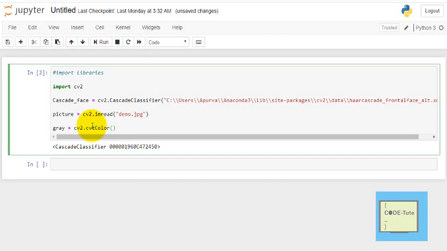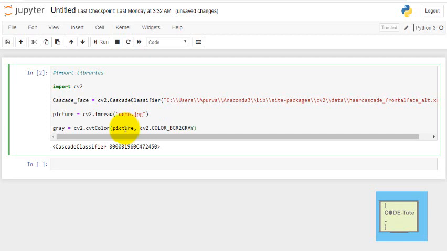For converting, first you need to pass the image, this is the object I'll pass here, and I will also pass the color code. I'm going to change it from BGR to gray.